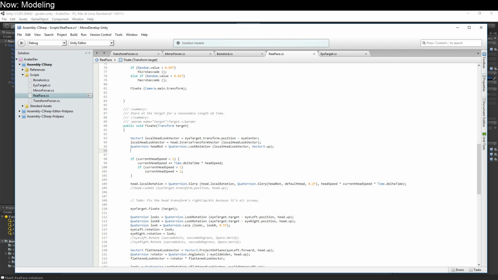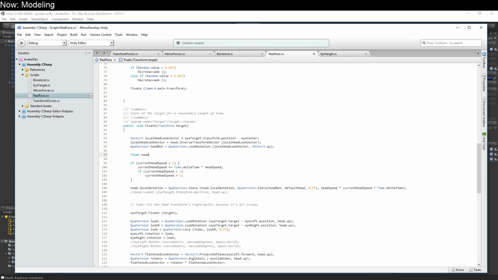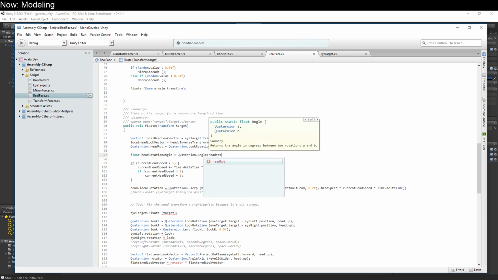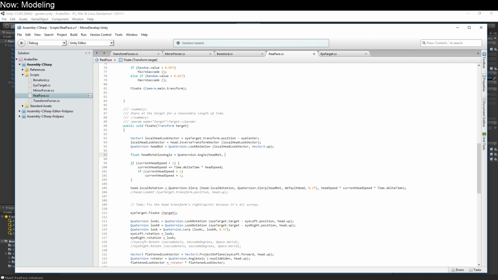So we're going to go ahead and say float head rotation angle equals Quaternion.Angle(head rot, comma, current head. No, not default head, current head.localRotation). There you are. Now what that'll do is it'll give us the angle between the head rotation we want and the head rotation we've got. So here we'll say